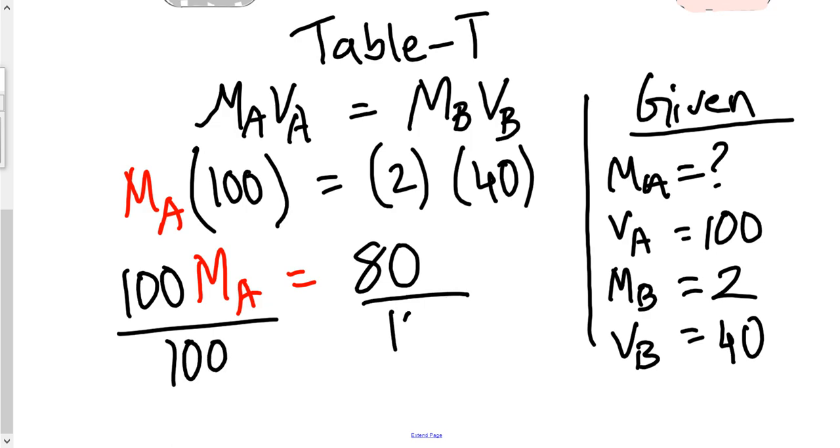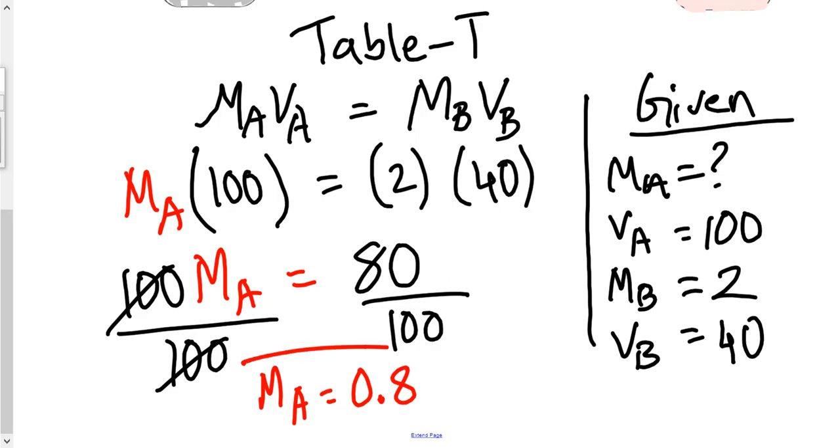And if we do that, these will cancel each other out. So Ma is going to be 80 over 100, which is 0.8. And that's how